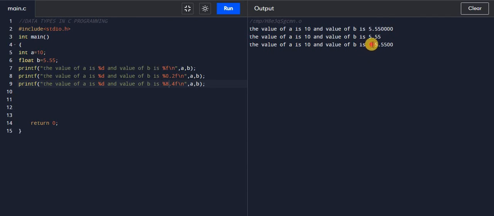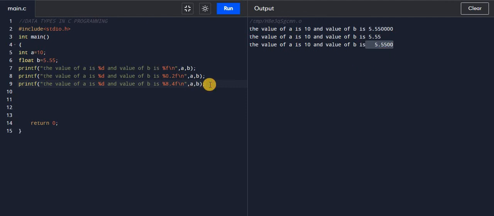So that means 2 spaces are added. If I write here 10, it will add 4 spaces, where 4 means how many decimal digits are in this floating point: this is 1, 2, 3, 4, 5, 6, and 4 will be there. If I change to 8 again and run it, there are 2 spaces, because these are the 6 digits, and the 2 spaces complete the 8 width of the floating point variable.